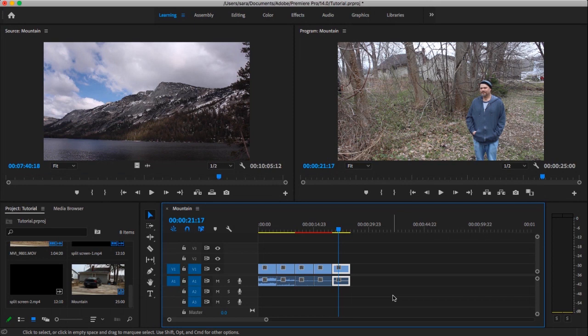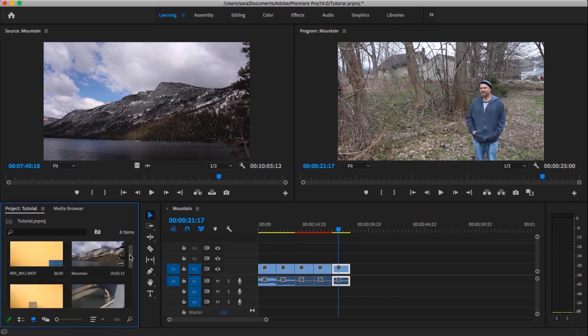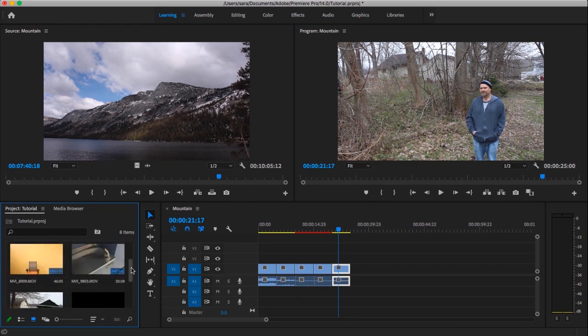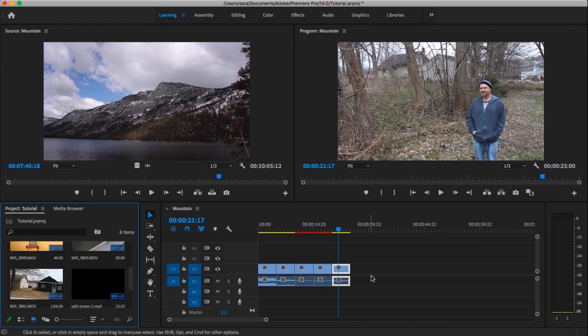First of all, I have a new video clip that I want to add that is not in my palette over here. So lots of different ways you can do that. You could actually open up a window and just drag that video clip right down into here, and it'll be in your palette. Or you could just import them sort of manually. So I'm just going to do that. I'm just going to do File, Import,